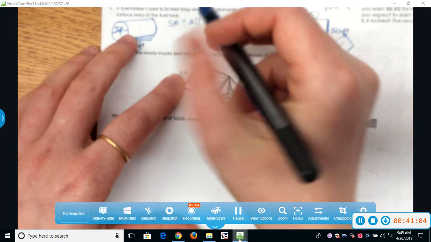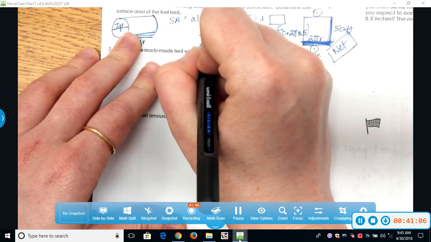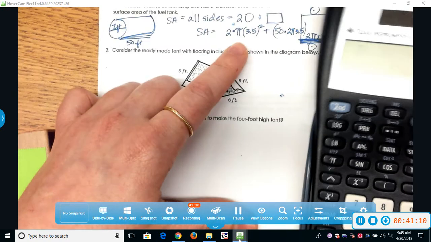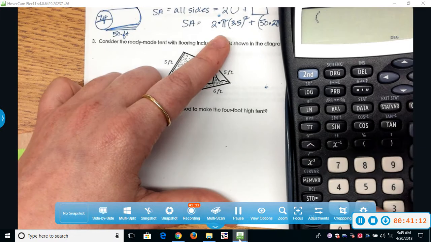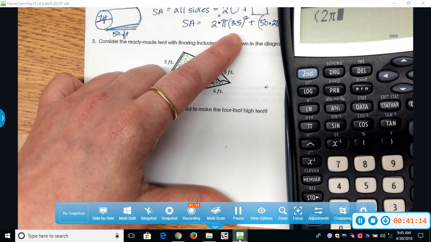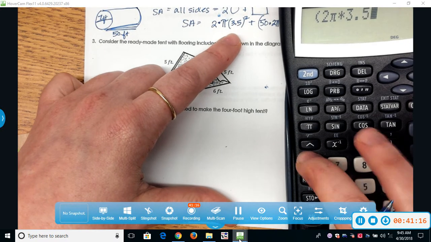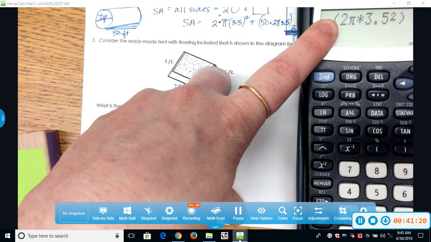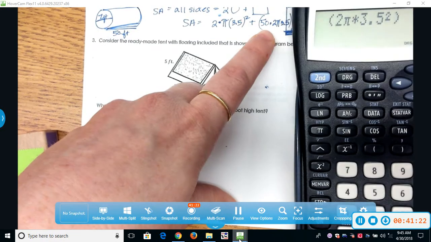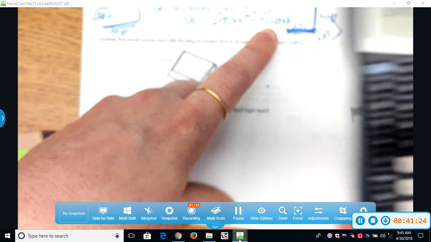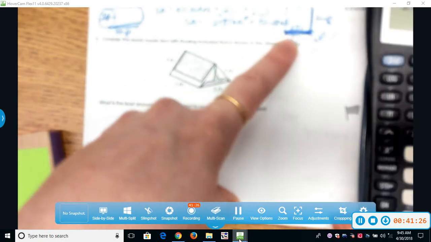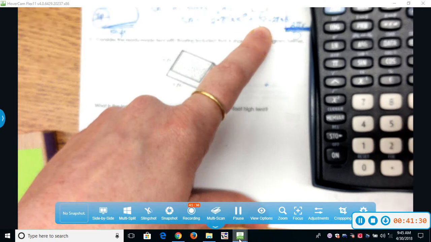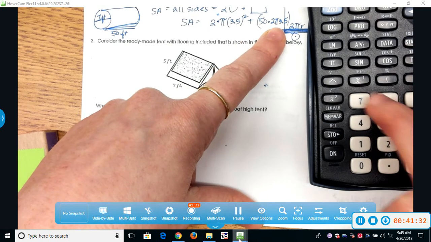All right, so now it's just a matter of plugging everything in to my handy dandy calculator. 2 times pi times 3.5 squared. That will give me the area of the two circles. And then I'm adding the area of the rectangle. 50 times